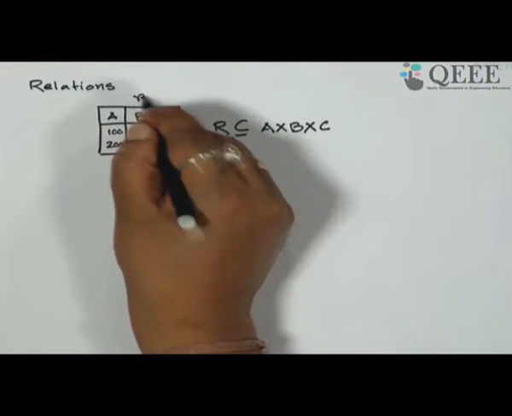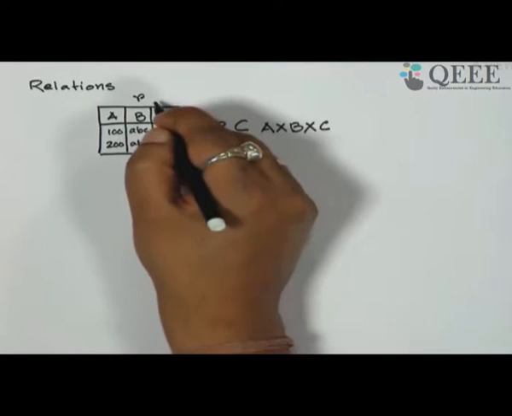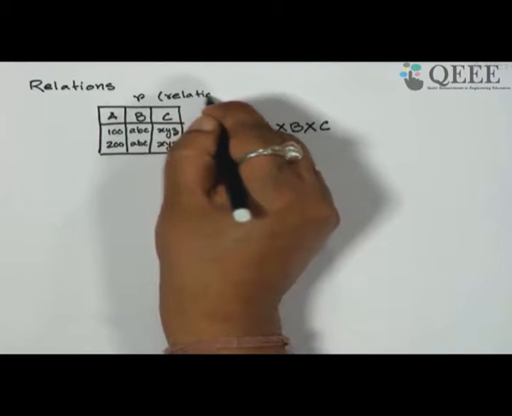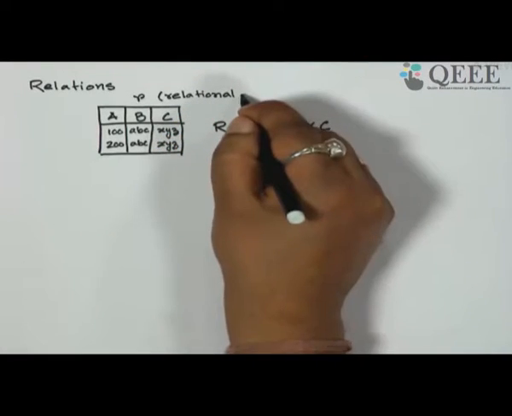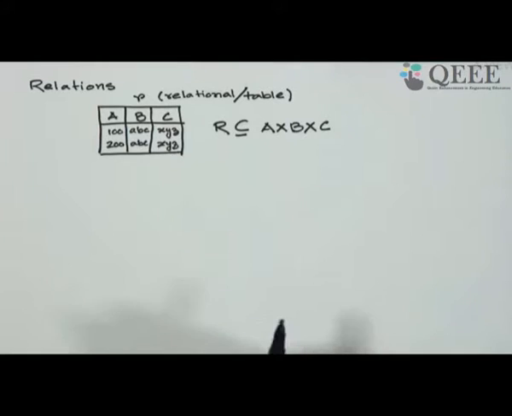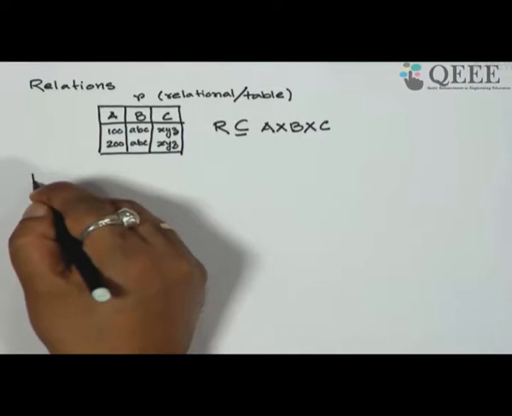So we said that a relation R is equivalent to a table representation. If you have any doubt regarding this formulation, please ask a question, and I can explain again with an example. If this is accepted, then what we did was we defined